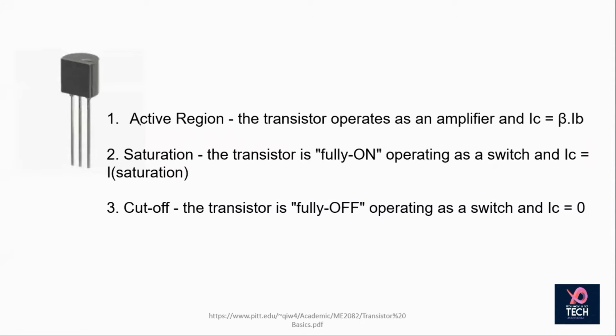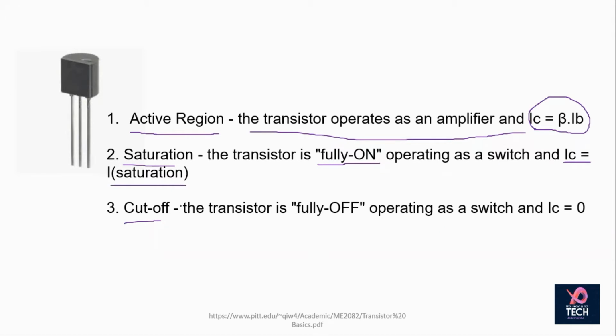Although a fourth region is there, that I will discuss at the end of the lecture, primarily we will be focused on three different regions: active region, saturation region and cutoff region. Active region is when the transistor is being operated as an amplifier, and this particular equation is there. We will be discussing this in the coming slides. Then saturation is when the transistor is fully on and your device is saturated, and cutoff is when it is fully off and does not give any sort of current.